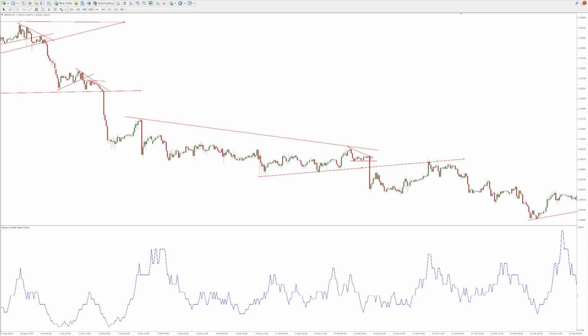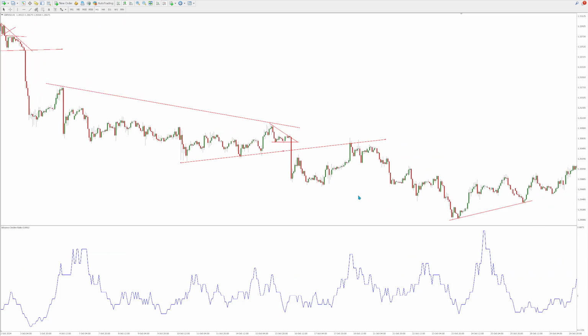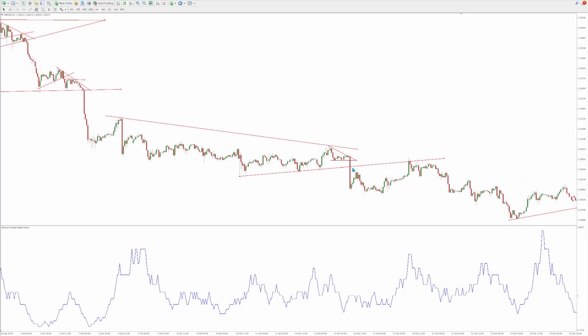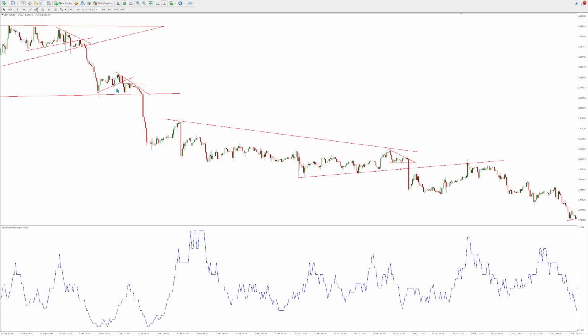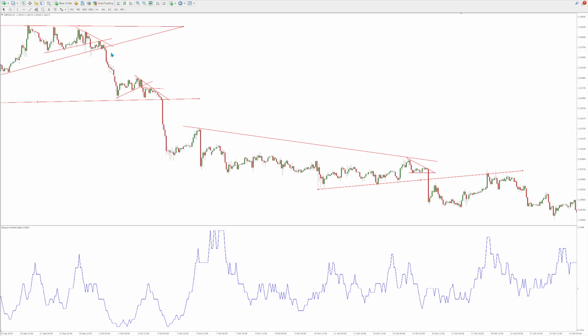Okay, wedge pattern again. It's literally a carbon copy of the trade up here. Ample opportunity to enter on this downtrend. What you don't want to do is sell too low at the end. Okay, if you get one good entry earlier on, you can ride it as much as possible, even with a